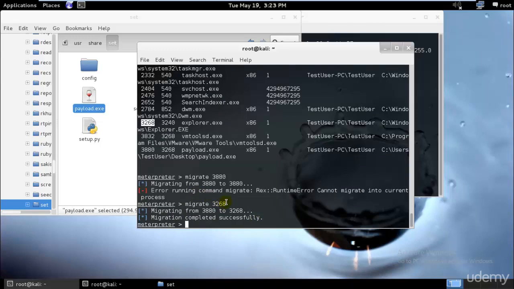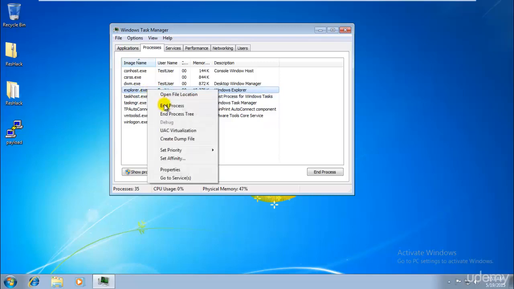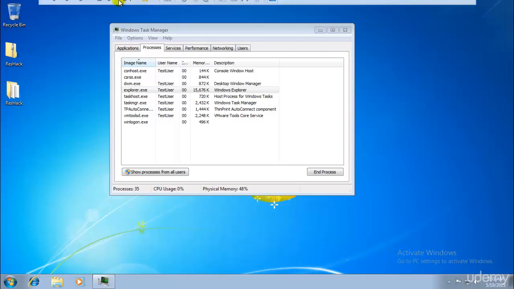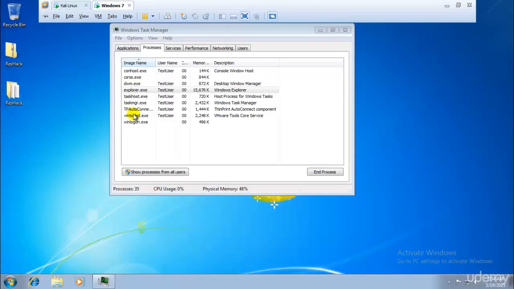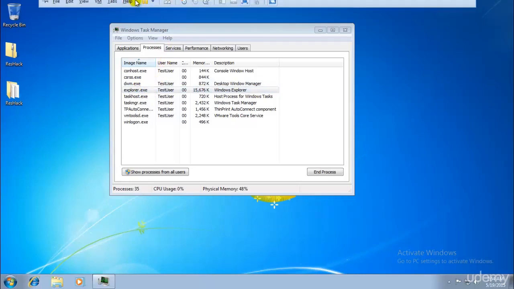Perfect. So what I did over here is that I went ahead and transferred myself to the explorer.exe. So as you can see, we do not have any payload running over here. It's only the explorer.exe. The reason is that I merged the payload along with explorer.exe, and now only if the person goes ahead and tries to end the process of explorer.exe will he be able to delete it. And as you can see, even if he deletes the payload.exe, it doesn't matter to us because we still have our meterpreter running, even after the person deleted the payload. The reason being that we have migrated our payload to explorer.exe, and he cannot go ahead and throw us out